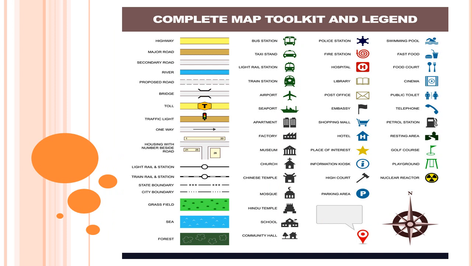Look, children, this is the list of some symbols which are universally accepted and used in all the maps of different countries. So, children, today we have learned how the legend is useful for reading a map and why we have some common colors and symbols on a map.